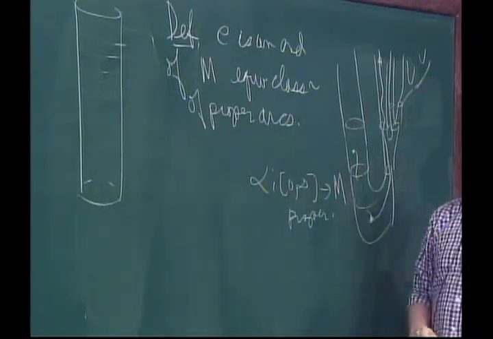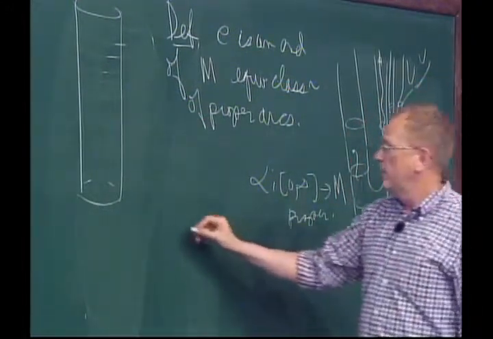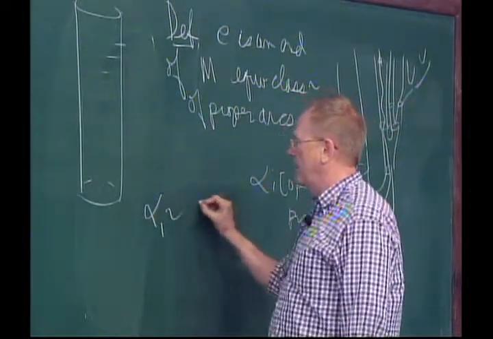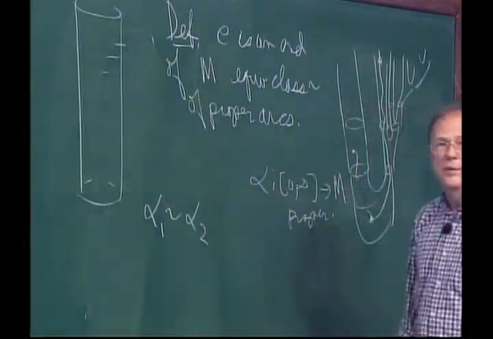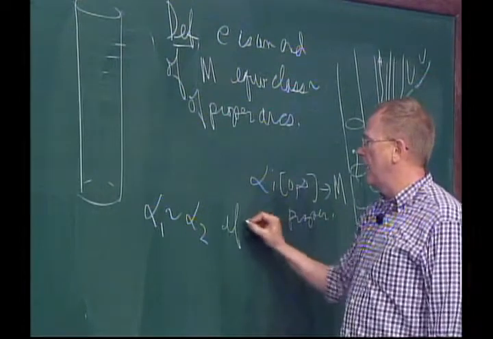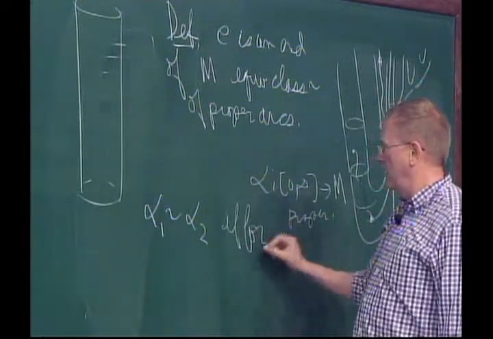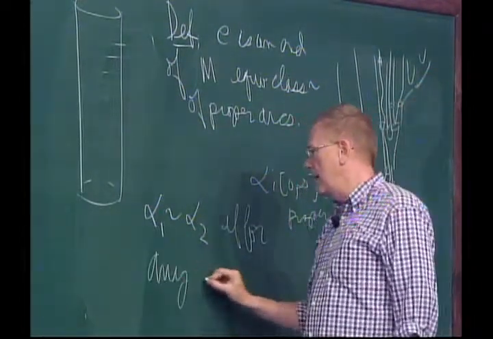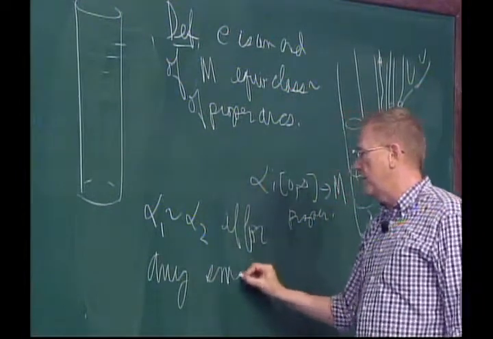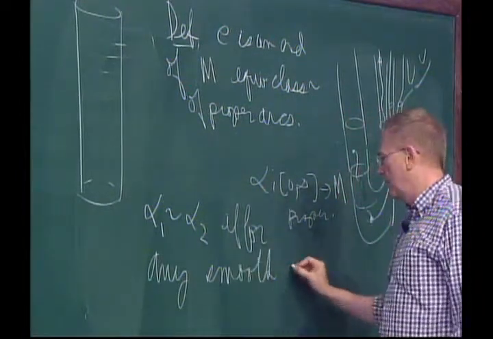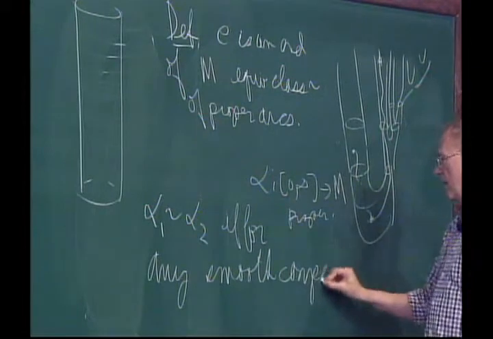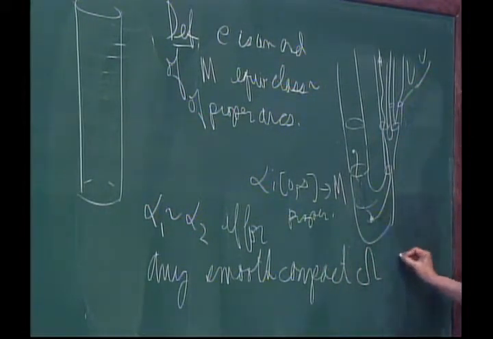Then you have to decide when two paths are equivalent. So alpha 1 is equivalent to alpha 2 if for any smooth compact subdomain omega in the surface,